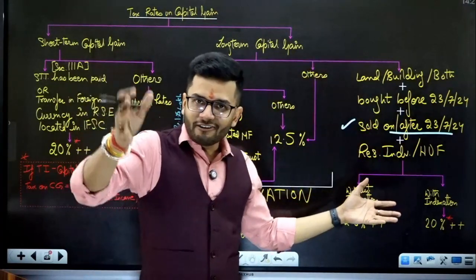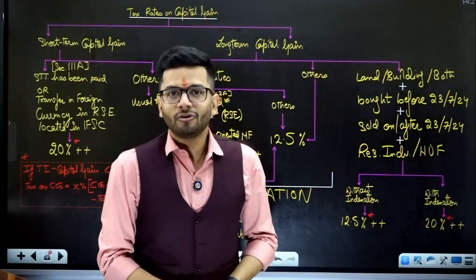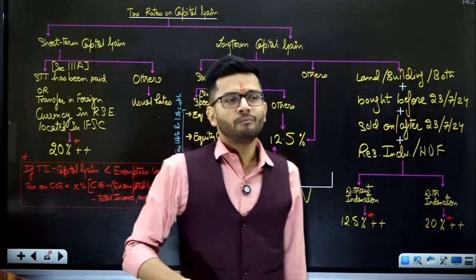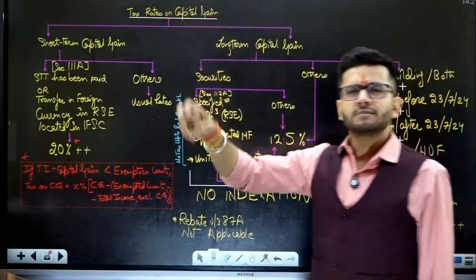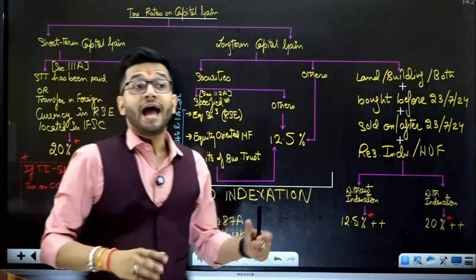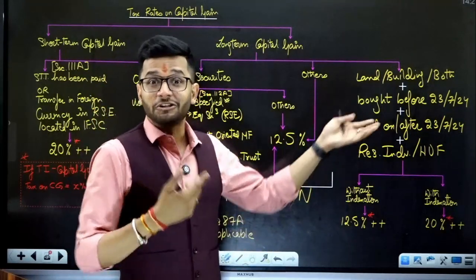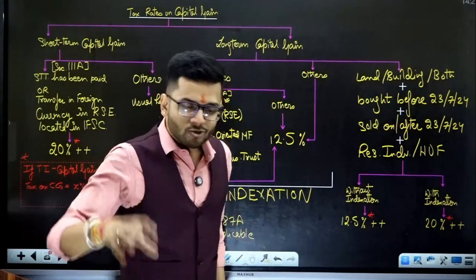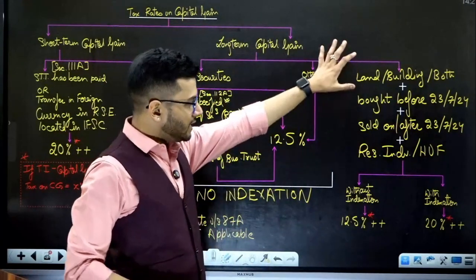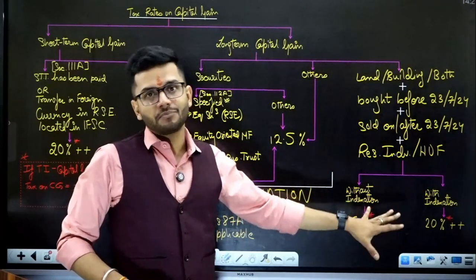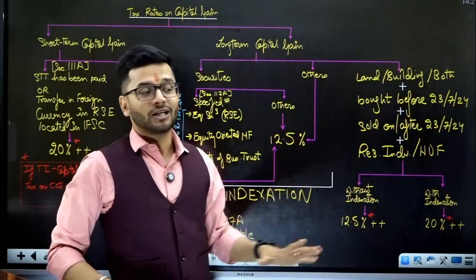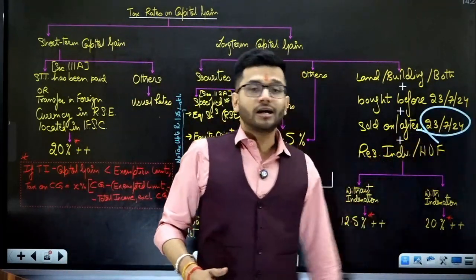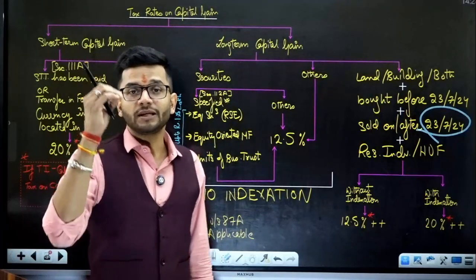So this is sort of a grandfathering which the Income Tax Act sought to do for the people who genuinely feel the brunt of loss of indexation benefit, because their properties were purchased 20 years back, 30 years back, 40 years back, 50 years back, and they were hoping that indexation benefit is available for their property, and therefore they were not selling it for a very long time because appreciation was happening in the property. So just to safeguard their interest, the Government of India had carved out this exception. Otherwise, this exception is absolutely not there for people who are going to buy properties after 23rd July 2024. That is the thing to be kept in mind.